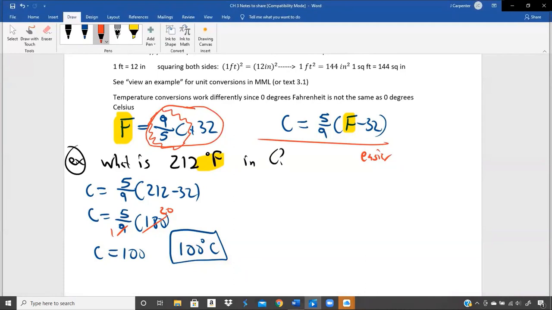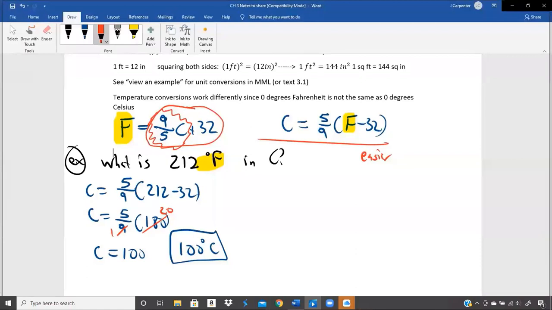When someone decided to make Celsius, because Fahrenheit was the OG in this instance, they said, all right, we want to make the water freezing temperature of 32 degrees Fahrenheit 0 degrees in this new thing for simplicity. And then when water boils, which was traditionally 212 degrees Fahrenheit, we want that to be 100 degrees for simplicity, because